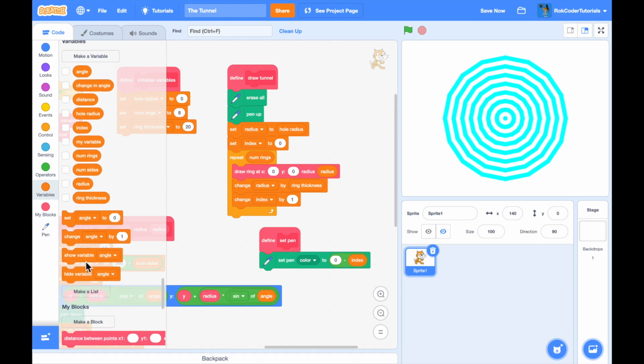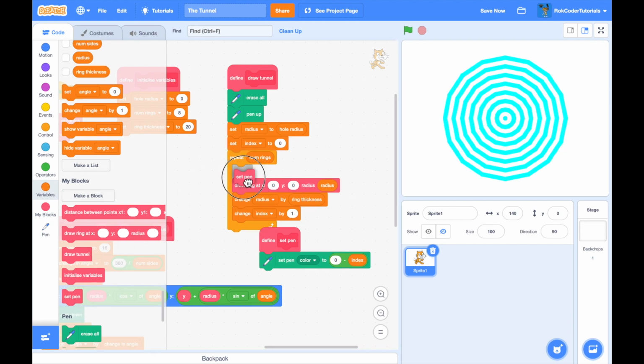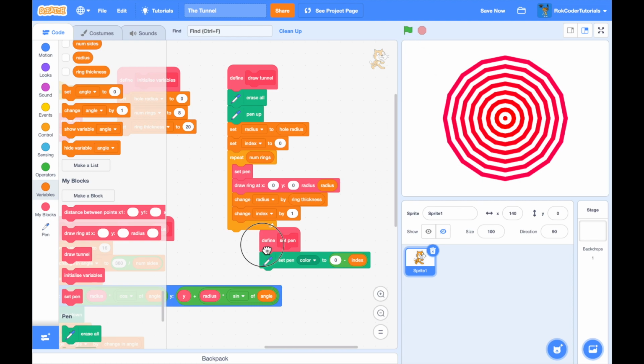And don't forget to call that function. So we'll set the pen before we draw each ring, run that, and they look to be all red. But that's only because each colour is very similar. There's only one colour index between each one. So to emphasise this a little bit more,